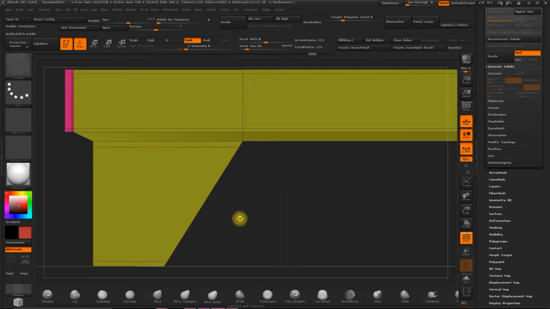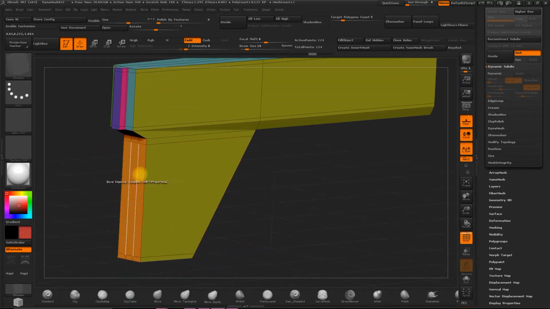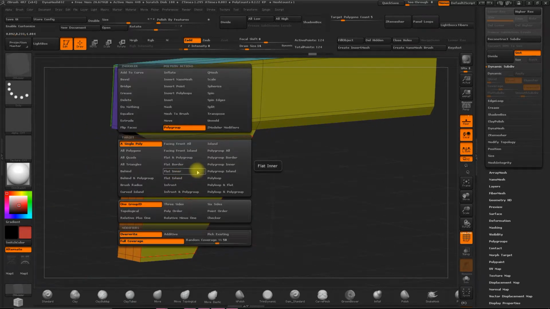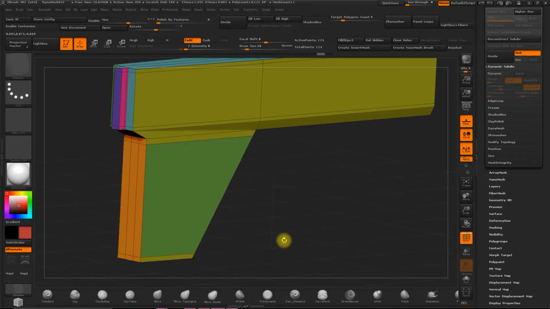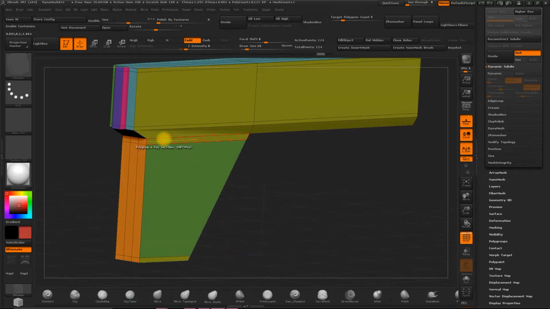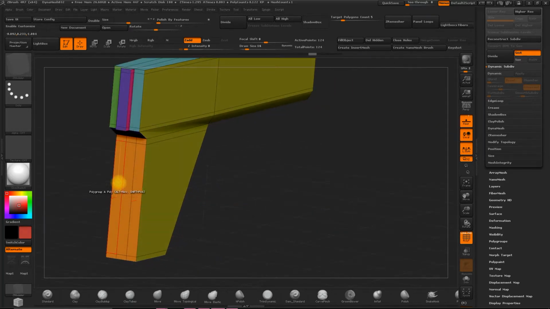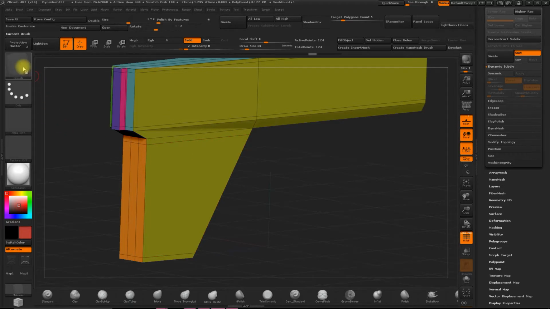Polygroups option is very useful. As I said before, it allows us to paint the different polygroups of each element. With polygroup and the option a single poly, we can paint each polygon in a polygroup. To choose the color of the polygroup, for example, to paint this part in yellow, first let's select the brush, obviously from ZModeler, and later with the Shift key held,